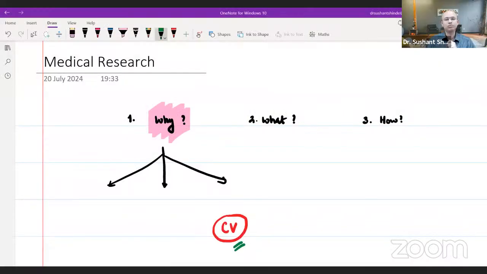Some of you will be called upon to present. And when you are called upon to present, in Indian conferences, even today, the majority of people who are called upon to present are there because they are senior, or because they have done some work. But if you go to the international conferences, the big conferences, even in India, you will find most of the people who are called upon to present are there because of their work, and the world knows their work because their resume has a lot of publications. These publications build up their CV, right? Their CV is the way the world knows that these guys have achieved something because they have been doing a lot of research. That is definitely one of the important reasons to do this, right?